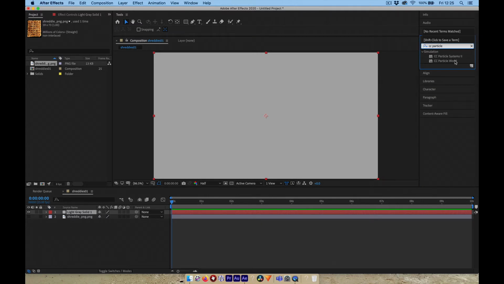CC Particle World. There are various particle systems. I think there's 3 in total, but Particle World is the most fully blown one. If you get into particles and want to work further with this, there are third-party add-ons. We do have access to Trapcode, which I'm going to try and install on the machines, which is a more powerful version of this, but for the moment I'm going to work with the built-in